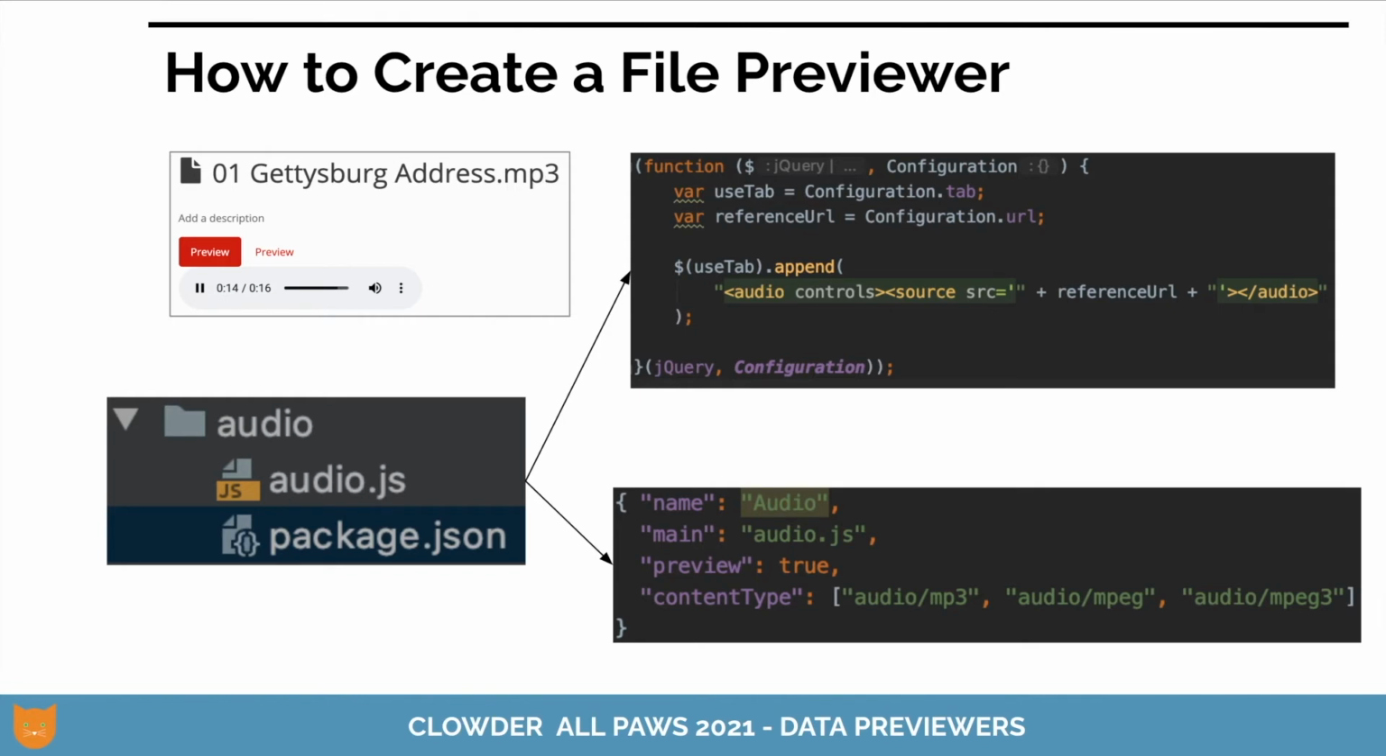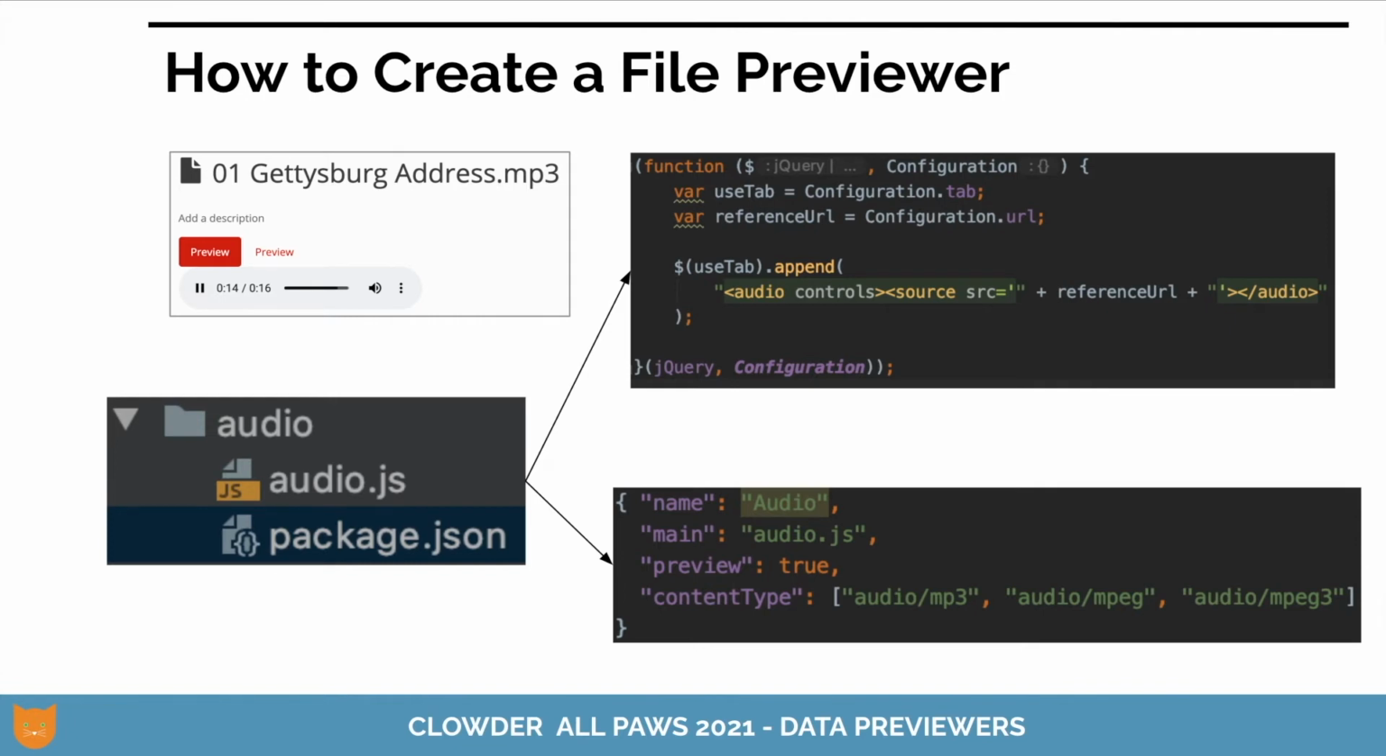All we have to do is create a new Node.js package with two files, a JS file and a package.json. The package.json file mainly tells Clowder what code to run to produce the preview and which file types the preview is valid for. The JavaScript file then takes care of building up the preview and attaching it to the appropriate tab in the